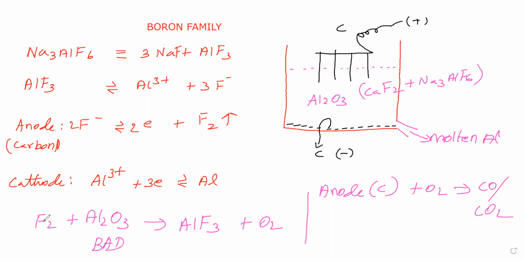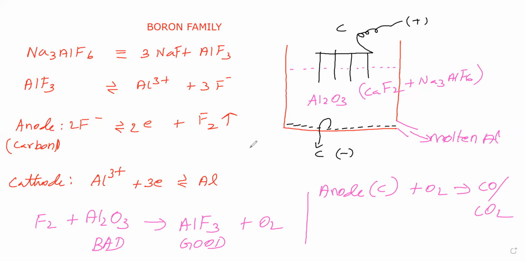Since it is highly reactive, it is converting this Al2O3 into AlF3, which is a good conductor. So fluorine converts a bad conductor into a good conductor. Where does this fluorine come from? This fluorine is from F minus from AlF3, and AlF3 is from cryolite. So cryolite is converting this bad conductor into a good conductor. Therefore, it raises the conductivity. We can say even CaF2 can also raise the conductivity.